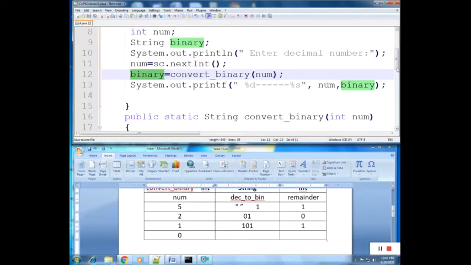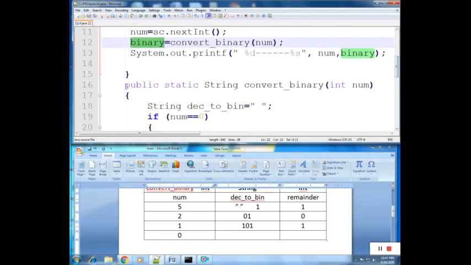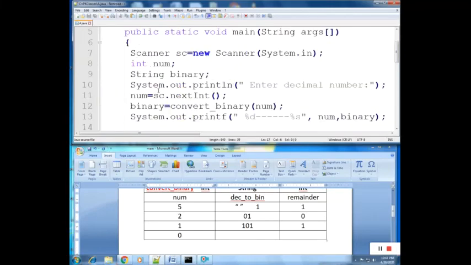Now there is one concept here. Why we have written public static String convertBinary, that is the return type, and we have written public static because in Java you cannot reference a non-static method from a static context.